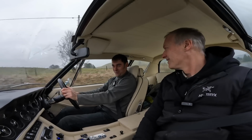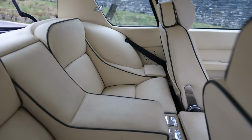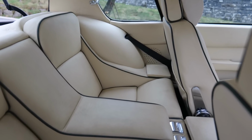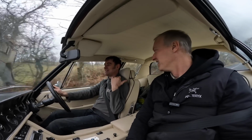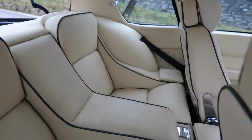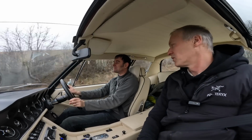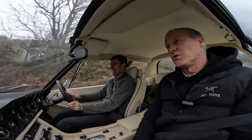I've just noticed the leg room in the back seats. Have you seen it? Well, there isn't any leg room. I mean, there's a fag paper room. What's the point, right, in cars like this of having back seats if you can't physically sit in them? I think they're a blag for men that have gone out to buy a car and told their wife they've bought a 4-seater. Is that your theory? Yeah, they've been told you cannot have a